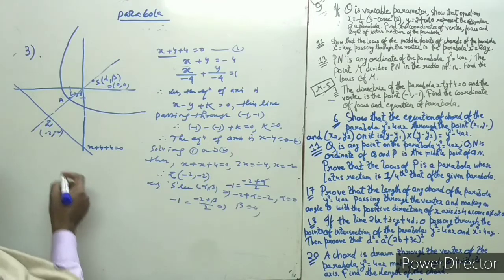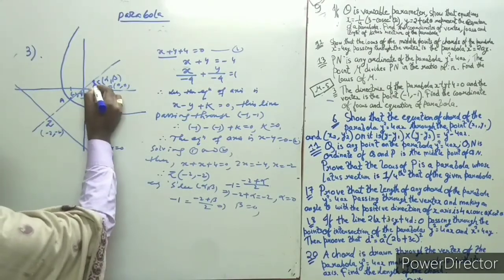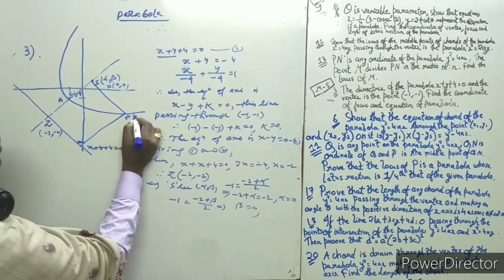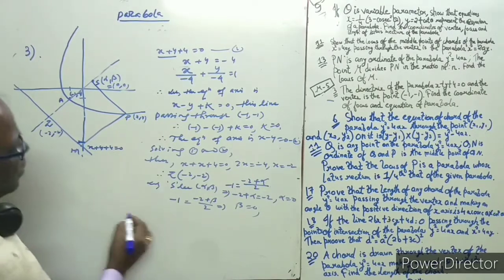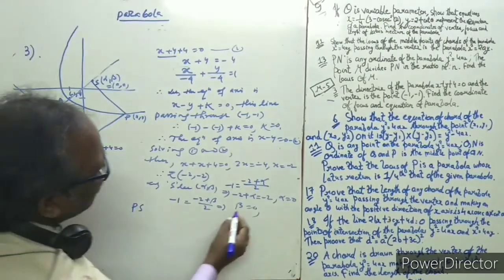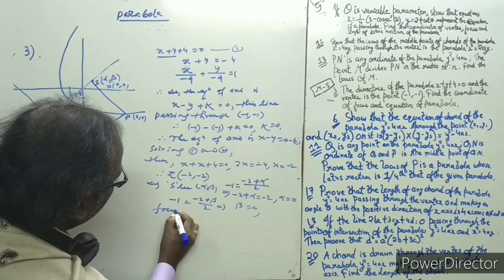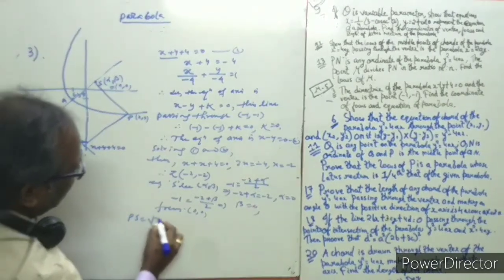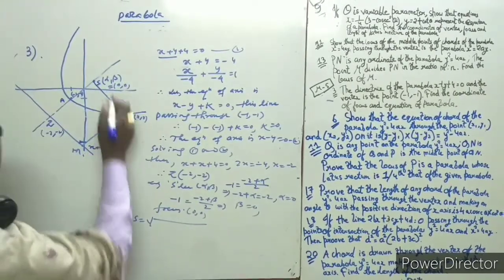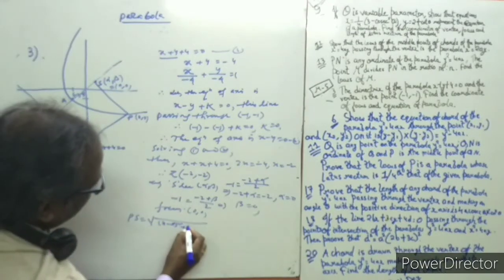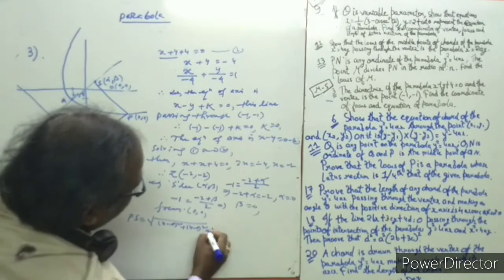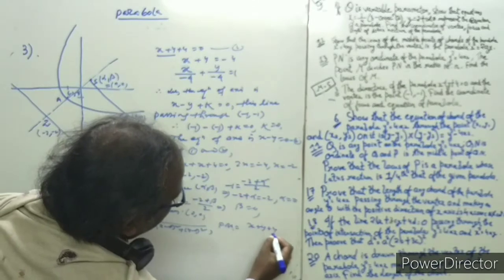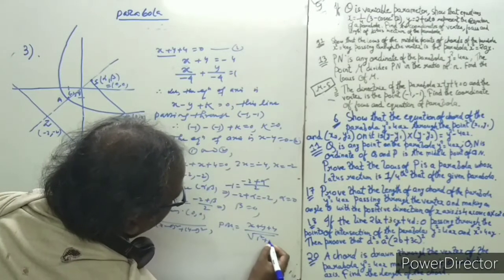So now we have to follow the pattern like this. This is perpendicular. This is P, this is x y, and this is M. So now PS, the focus. This is the coordinate of the focus. Therefore the focus is 0, 0. And now find PS. P is any point x y and the focus is 0, 0. So x minus 0 whole square plus y minus 0 whole square. And now PM. This is the perpendicular distance from x y to the line x plus y plus 4, so this is 1 square plus 1 square.